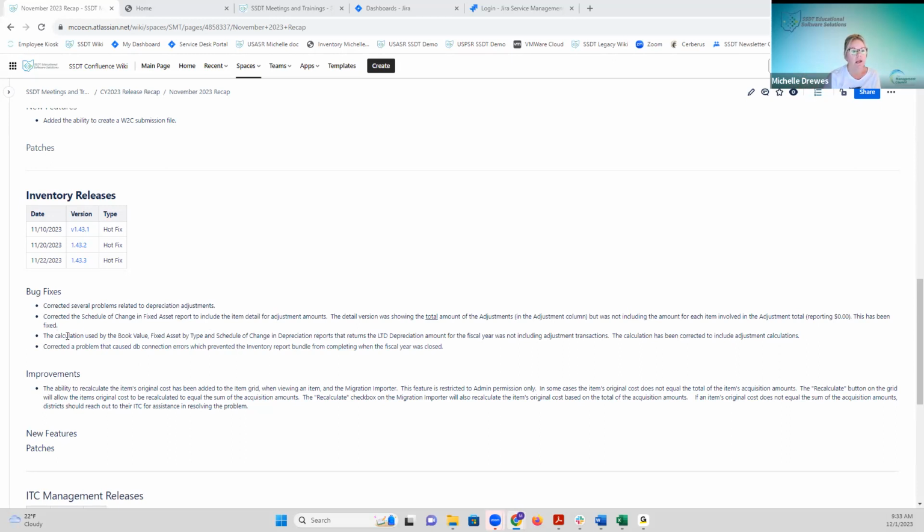The third bullet here, a calculation that's used by the book value, the fixed asset by type, and the schedule of change in depreciation. Those are all involving depreciation. It was causing the life-to-date depreciation amount to not include adjustment transactions. So we fixed that as well to include that. And then the last bug fix was